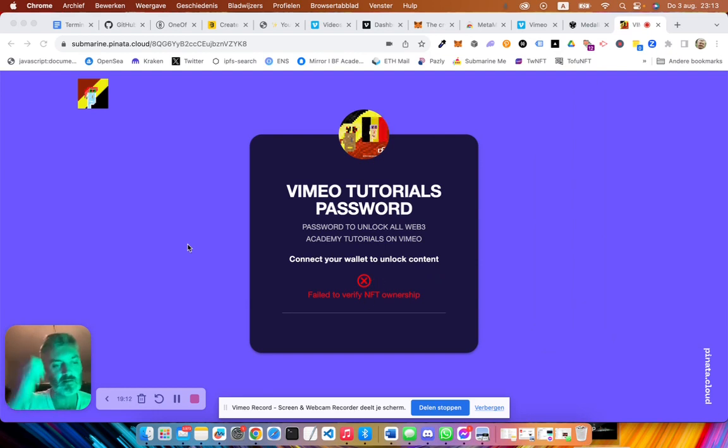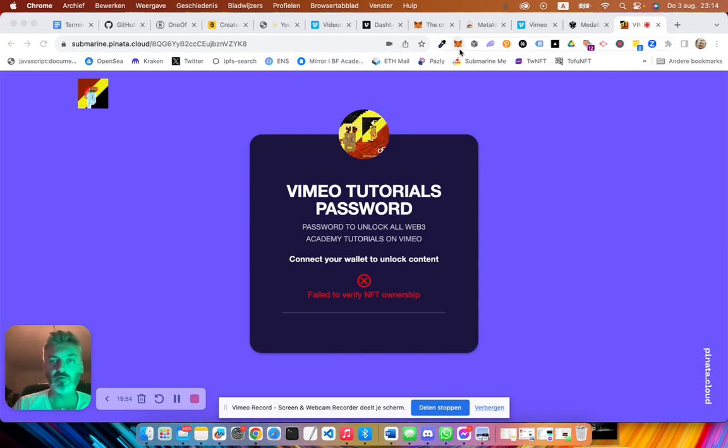You see this? This is the power of token gating by NFTs, guys. Fail to verify NFT ownership. And they're right, because on my account here, I don't have a Belgian Friends NFT. So I'm not allowed to access this application. Why is that? Because I programmed it so that only people with a Belgian NFT will be able to enter this content. And that's what you're going to learn as well, how to do this step by step in the Web3 content marketing video course.